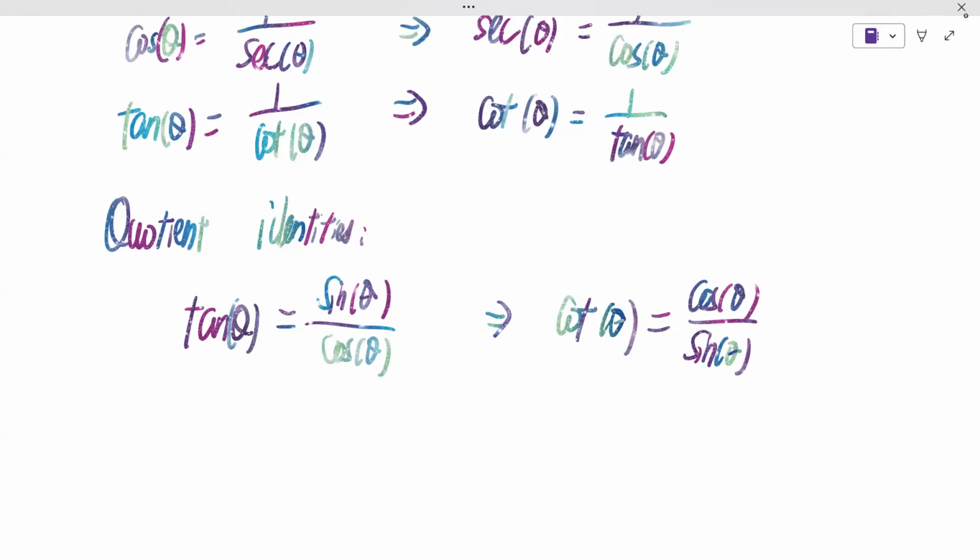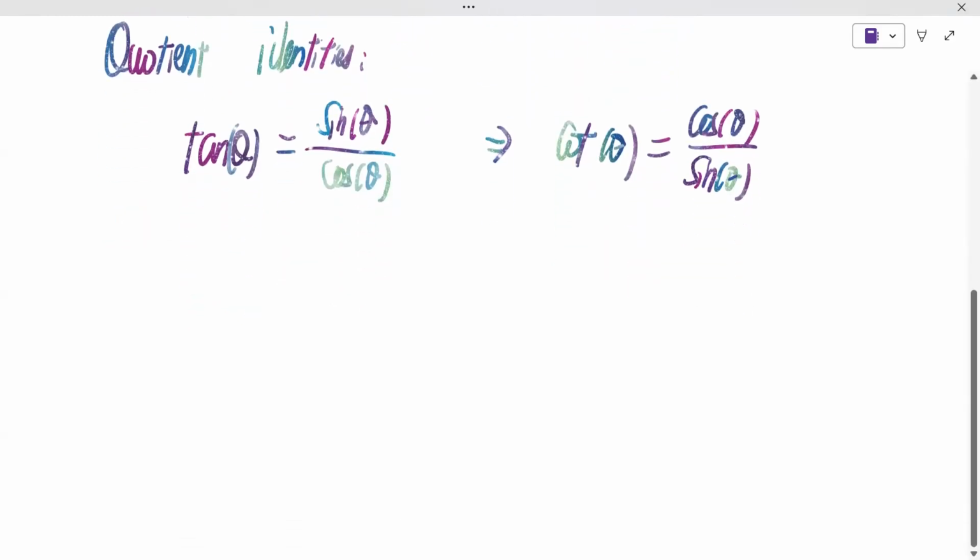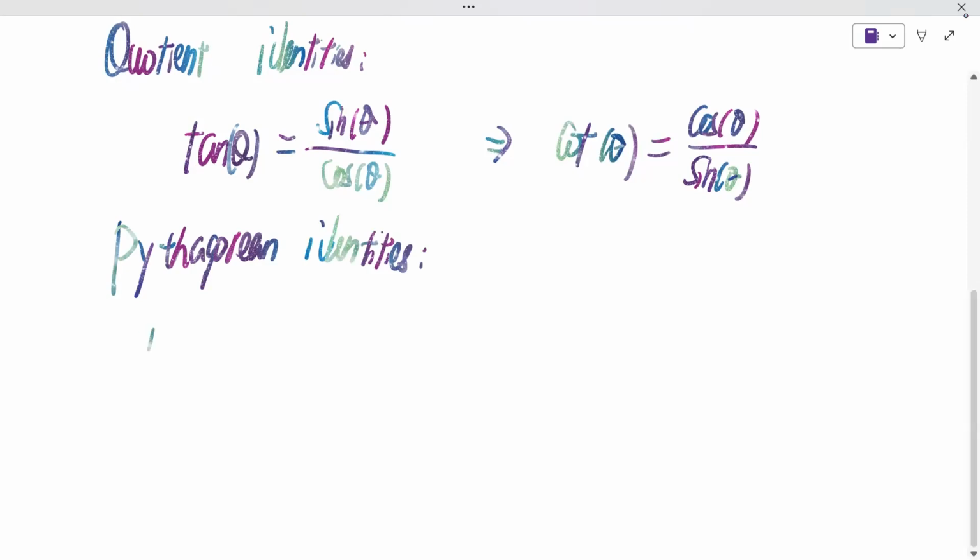There's also Pythagorean identities. I'm going to show you how to prove this. Actually, most of these identities, all of them actually, have a proof. I'll show you how to prove some of these identities, to give you some perspective on this. So the first one is sine theta squared plus cosine theta squared